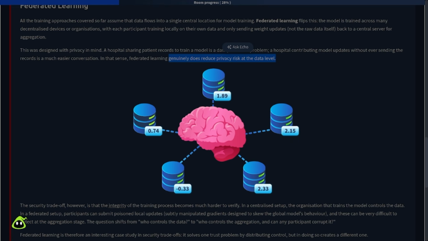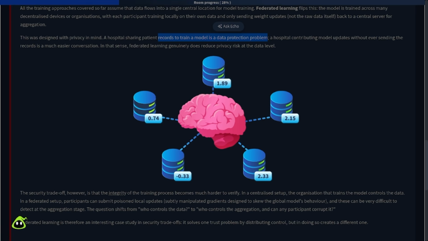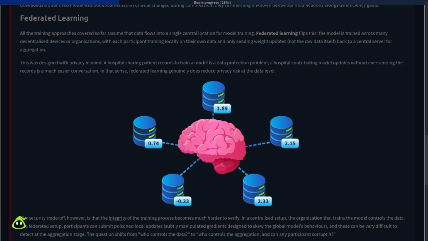What it means is that, for example, a hospital sharing patient records to train a model is a data protection problem. For example, this is the data for the patients. You wouldn't be feeding this into the model, but if it's any medical reports, that should be what the model is trained on. If the model is for the hospital itself, for the well-being of the patient, then all the medical reports, samples and medicines are what should be fed. And this is what we call federated learning, which is